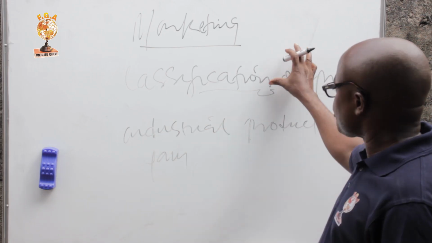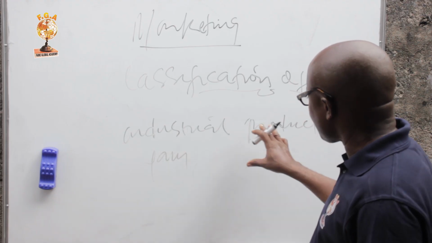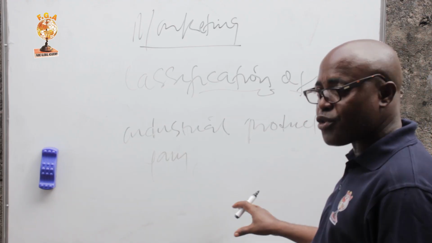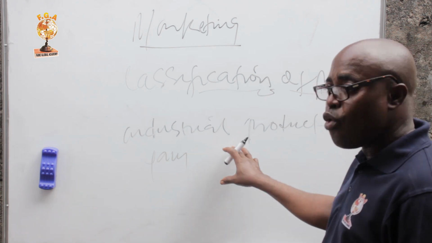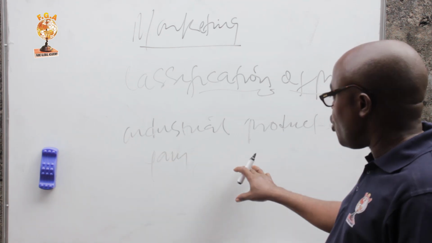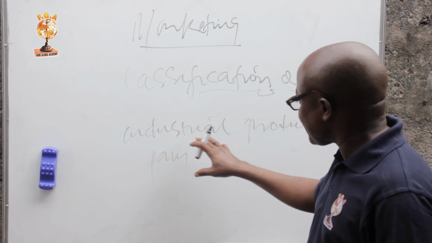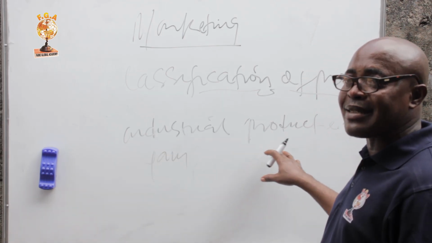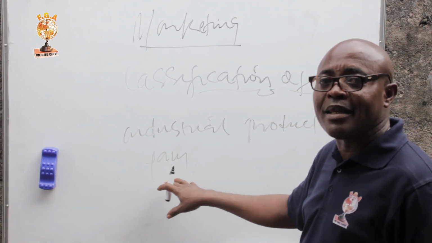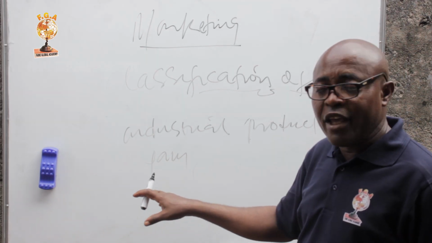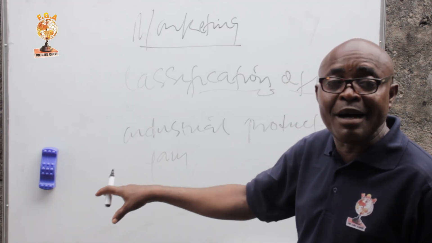So number one classification of products, or product classification, is the one we refer to as what? Industrial products. So I've mentioned cotton wool. Cotton wool is a good example of industrial products. Okay, so from this particular one, it goes to another level entirely, just like cassava. So today, even the yam, yam has yam flour. So you go to the market today to buy the yam flour, not even the yam itself.